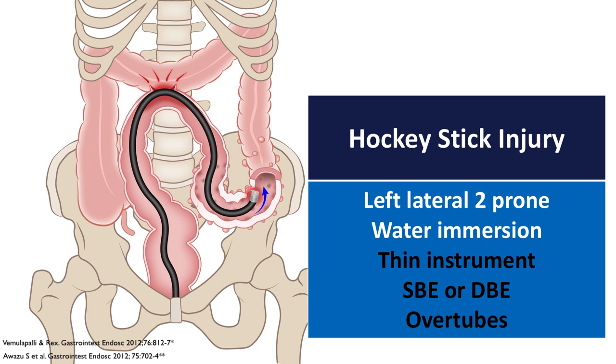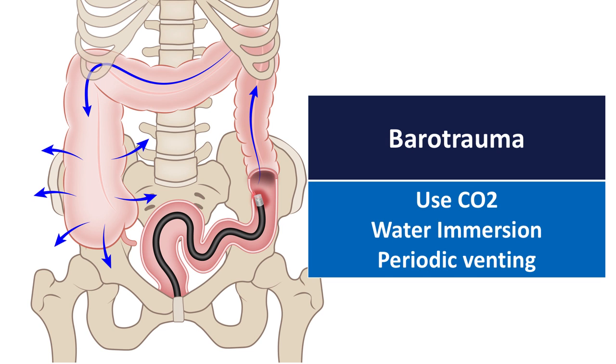When I was training, we used to use different overtubes, and sometimes I've used a single balloon or double balloon scope. But with the advent of thinner instruments, this becomes a little bit easier. Another mechanism is a barotrauma, where you put in a lot of air and you don't realize you blow up the cecum. This is not much of a problem nowadays with the routine use of carbon dioxide,